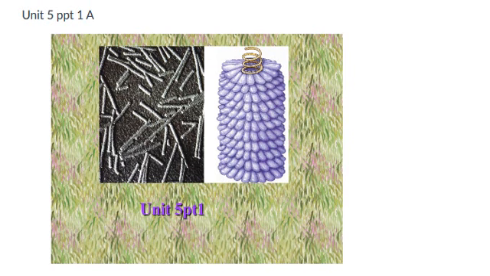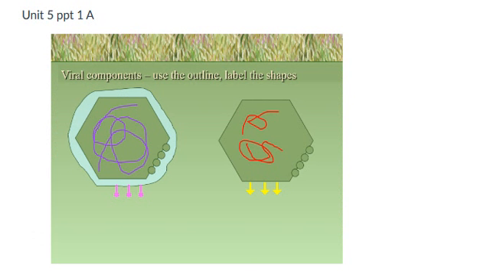Okay, we're going to start off with Unit 5, which is all about viruses. So the first is to know all of the viral components. These two pictures are both viruses. The difference between them is the one on the left is enveloped, which you can see right here in this outer area. And the one on the right is known and referred to as naked because it is actually